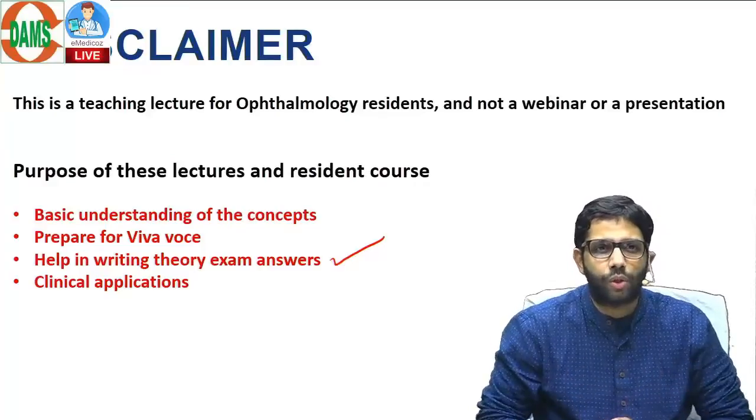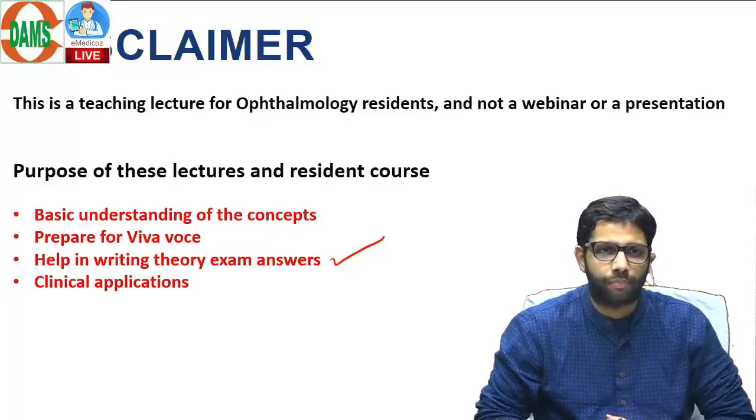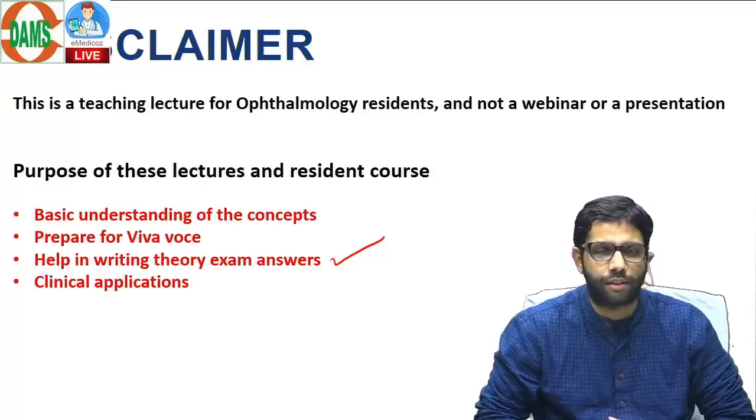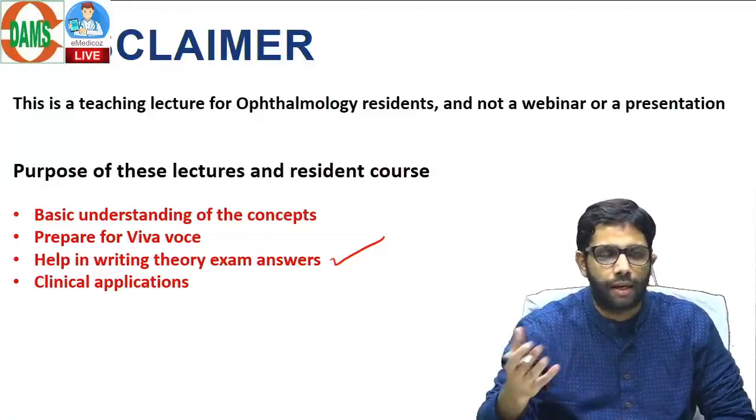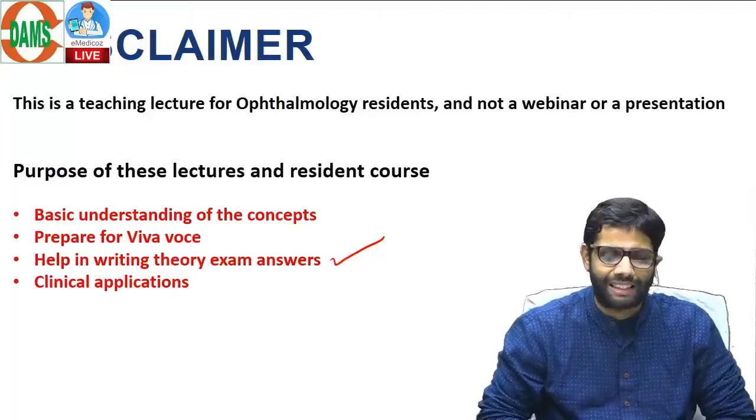So starting with the basic concepts of retinal angiography. Angiography means, angio means vessels and graphy means study. The study of the blood vessels of the retina as well as the choroid. To understand this, we should know very basic things. After the basic things which I'll tell you, then I will tell you how to write the answer in the exam, and it's a 10 marks question in your theory exam if it comes, angiography, retinal angiography and clinical applications. It is a 10 marks question which is going to come in your exam. So how to approach this? First we should understand the concepts behind this.